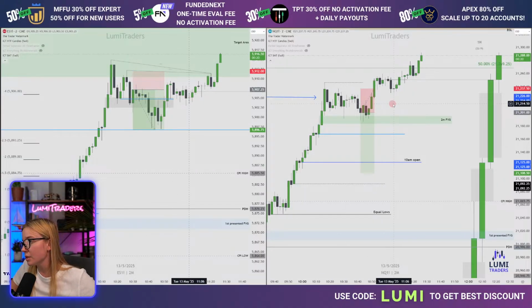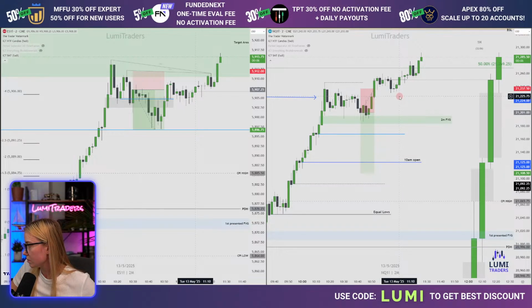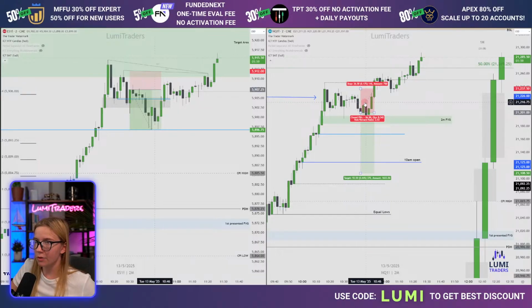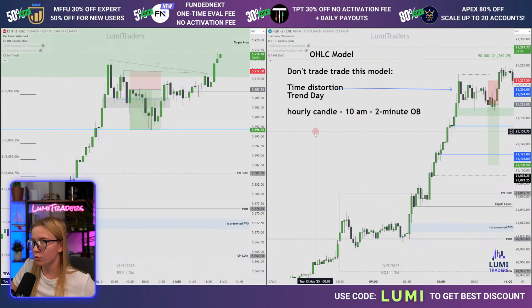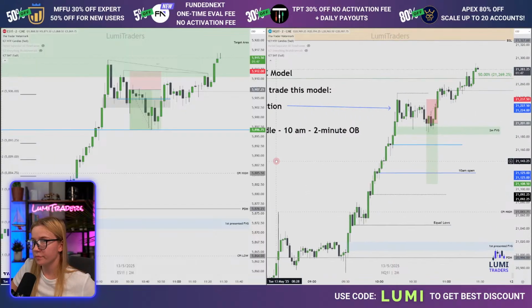But I did not backtest this on ES. Who knows how it's going to work on ES. But interesting to see how ES played out and NQ failed. So something like this. I will continue backtesting right now to see what we have for June. And I'm going to make a note. Once again, I'm not going to execute any more inside time distortion and when we have trend day. That's the plan, guys.